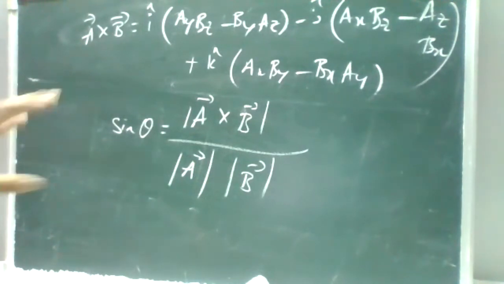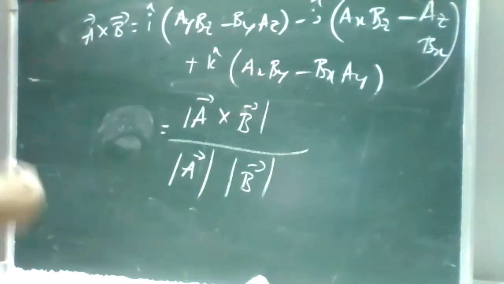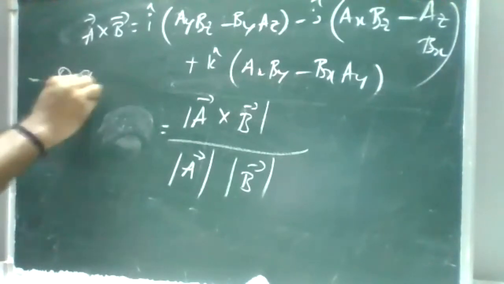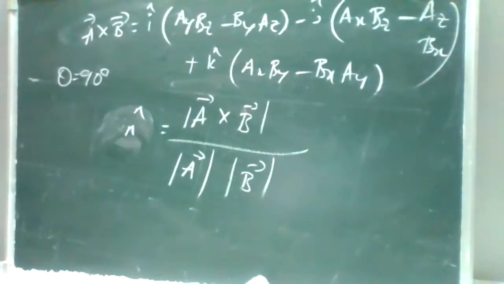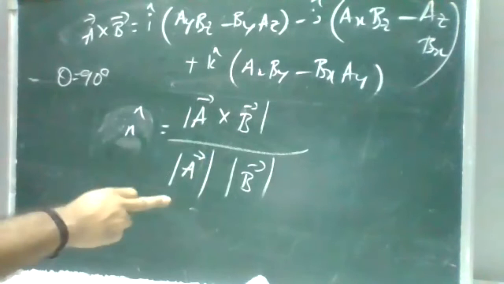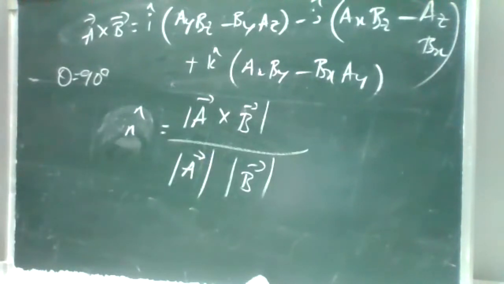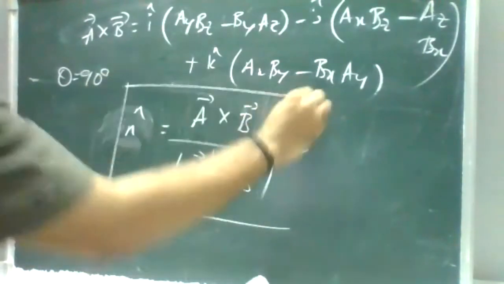Okay, right. So these are your relations. Suppose you are getting any direction also, we are taking it with respect to this one. This vector comes only in the perpendicular direction, and we construct it in the perpendicular direction. Sometimes you may get questions such as find the unit vector. When they say unit vector, theta is equal to 90 degrees for the perpendicular case, so this becomes n cap. You can write this relation when theta is equal to 90 degrees, only direction matters, and I will discuss the direction based on n cap. So n cap is equal to A cross B by the modulus of A cross B. Okay, this is your relation. Here magnitude does not come, so here it will be in vectors. This is your relation.